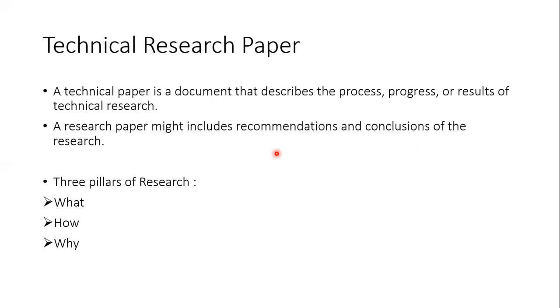A technical research paper is a document that describes the process, progress, or results of technical research. A research paper might include recommendation and conclusion of the research. We need to understand our research is not always successful. Suppose there is a researcher who has been doing research for 2 years, but after 2 years, he is unable to get his or her desired result, and the researcher wants to write a research paper. In that scenario, he or she can write a research paper, but in the conclusion section, they need to